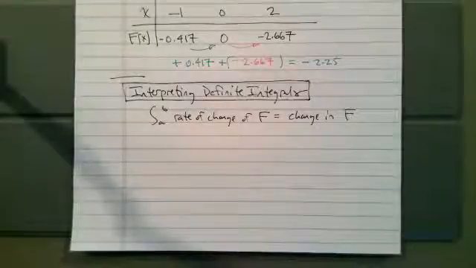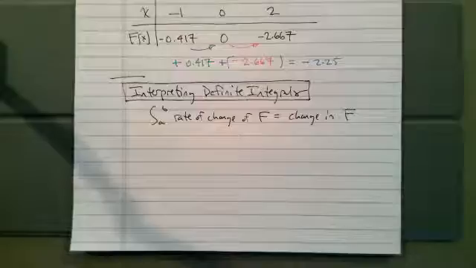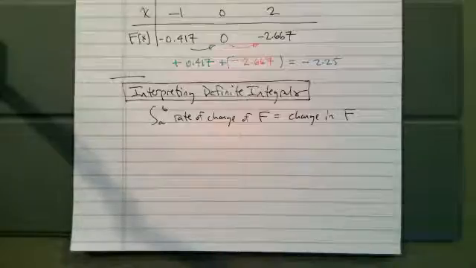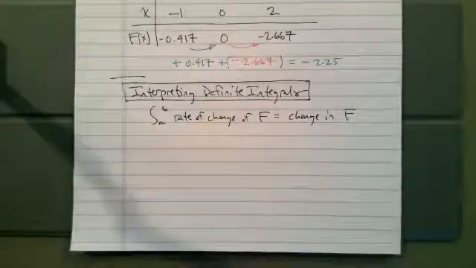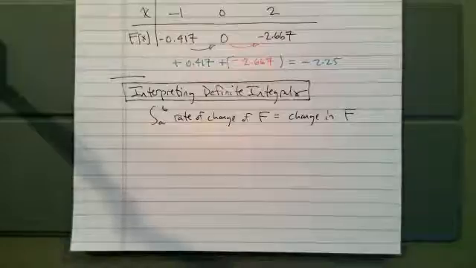Let's talk a little bit about interpreting definite integrals. The way we want to think about definite integrals is that we are integrating a rate of change from a to b. So if we integrate the rate of change of capital F from a to b, that'll tell us how much the function changed, how much F has changed from a to b. So anything that we recognize as a rate of change, when we integrate it, we get the change in the function. So for example,